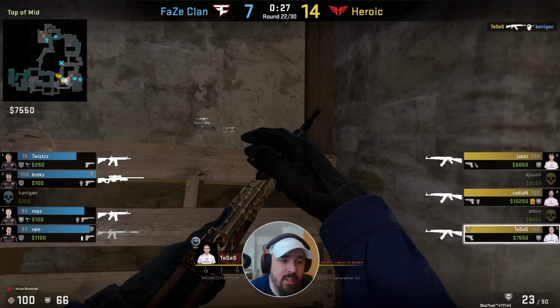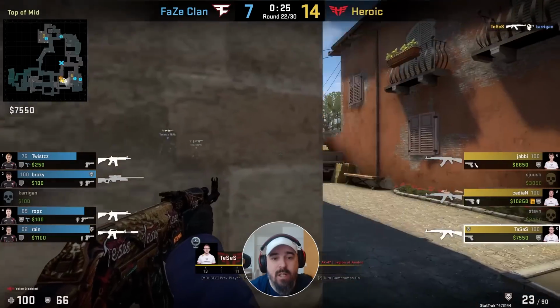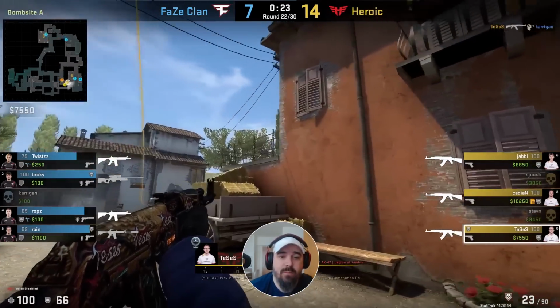Now the positional advantage is obviously on Robs and Twists, and they should be good for at least 2 kills here, and then have Carrigan, Rain and Broky finishing up the round. That should be how the round should be played out, but